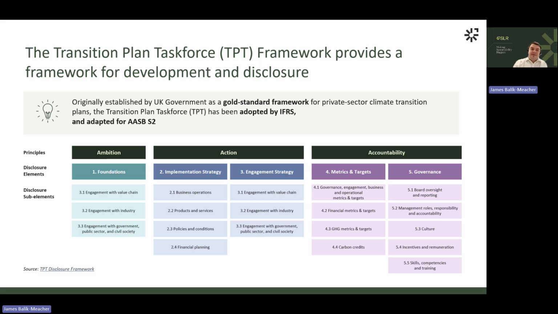Underlying each of these disclosure elements, there are a lot of sub-disclosure elements. And I think one thing that is really important to note is that because this is not a mandatory framework, it is guidance that you're recommended to look at. You don't need to worry too much about hitting every single one of these sub-disclosure elements, but it provides a really good basis for understanding what you should be disclosing and what you should be thinking about. So when you start approaching this, you shouldn't take this too much like a checklist that you have to hit every single point on, more as a framework that can guide where you're going to put disclosures and other things you may not have considered.